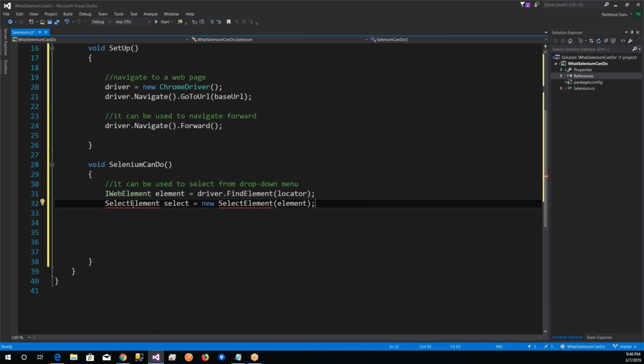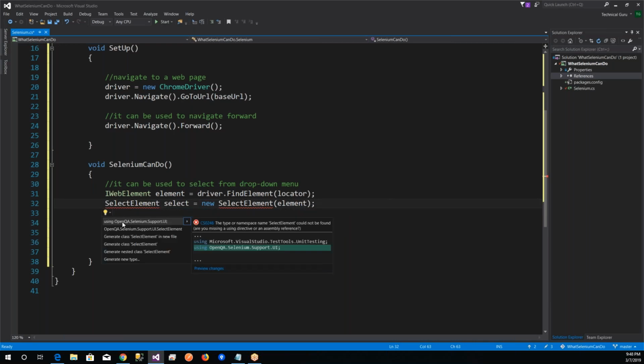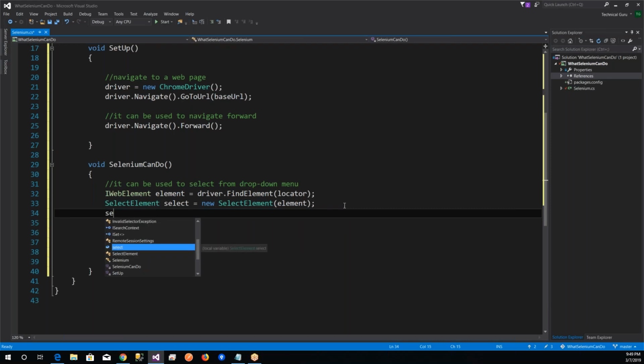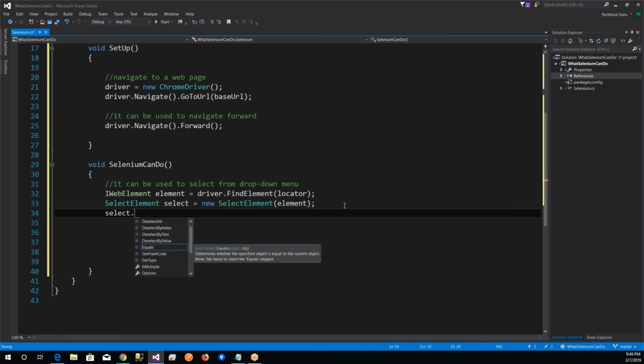Now, to clear off this one, we need to reference, hover on it, there is one drop down arrow. If you click on it, you need to reference OpenQA selenium.support.ui. Okay, now I've done that. Then, when you call the select variable you have declared in line number 33, you have different ways to select. You can select by